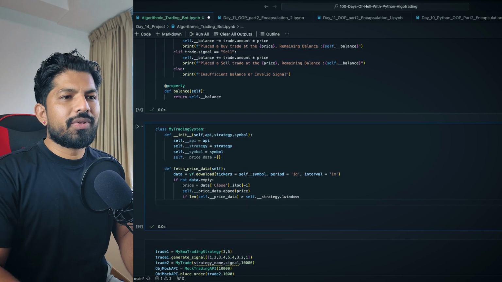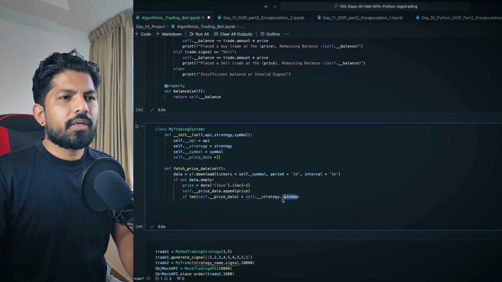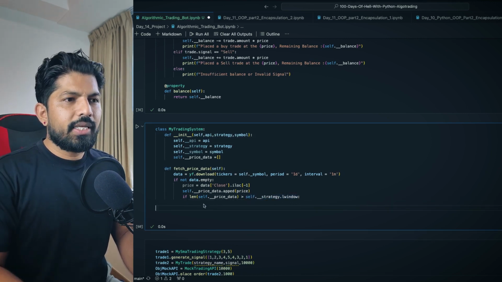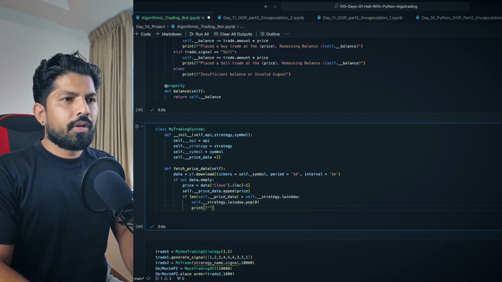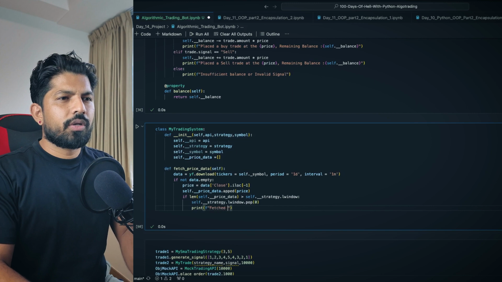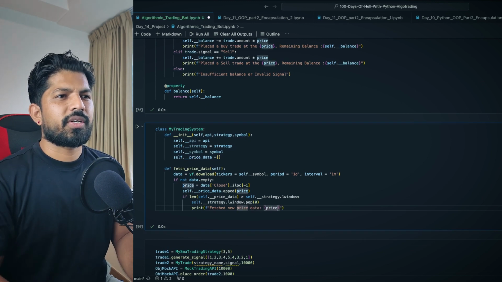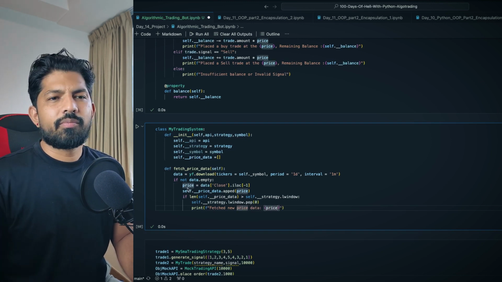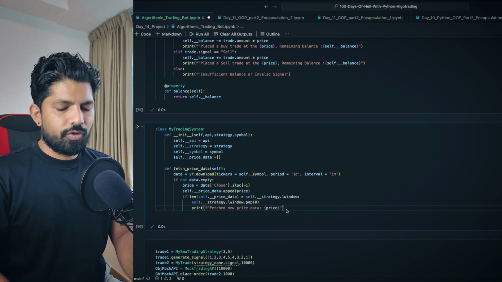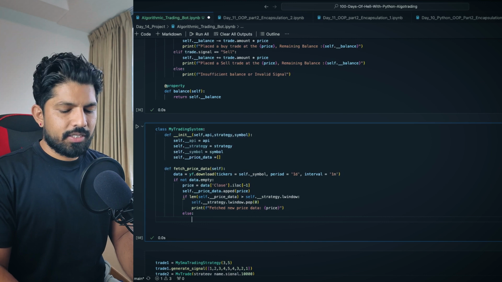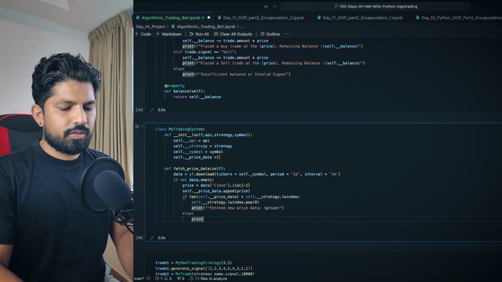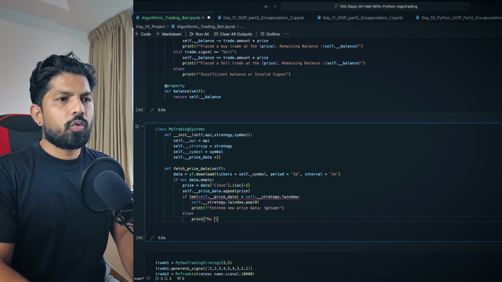Then it will print fetched new price data, and then it can give the variable as price, this one, the data frame value, right? Else, it can print no data